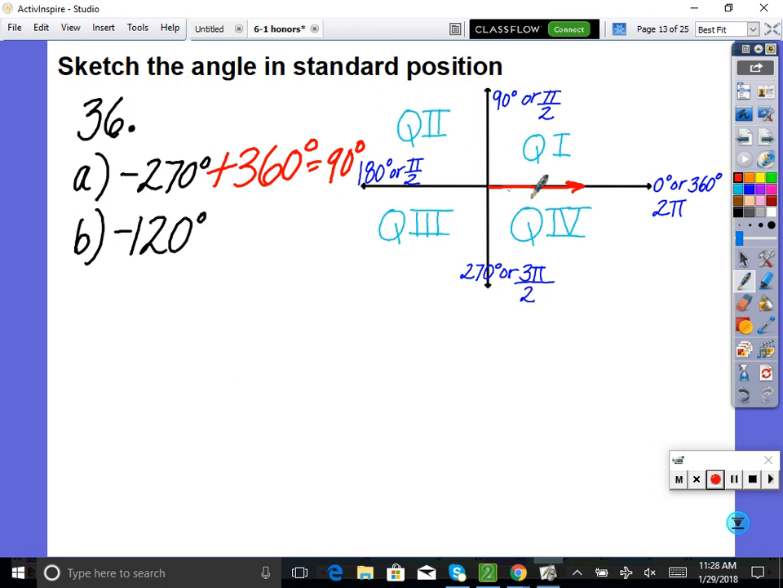Okay. So we would go like this. That's negative 90. Now, if we went all the way to here, that would be negative 180. We need to go negative 120. So how many past negative 90 do we need to go? 30 more, correct? So I would draw this in, I would go like this,